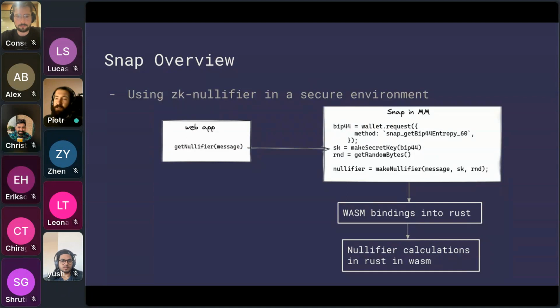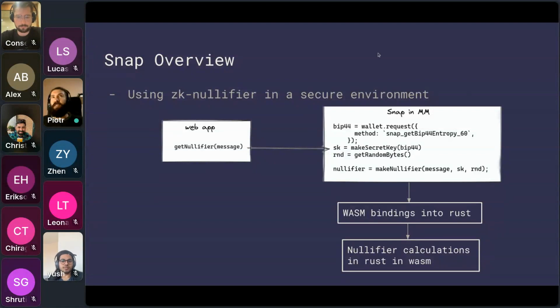It's worth mentioning that the cryptography behind this nullifier is implemented in Rust. So we had to do a bit of work related to how WASM is compiled and then loaded into the snap. If you are interested in Rust, WASM cryptography, or in running Rust in snaps, we invite you to look into our snap. We have some ideas on how to solve that there.